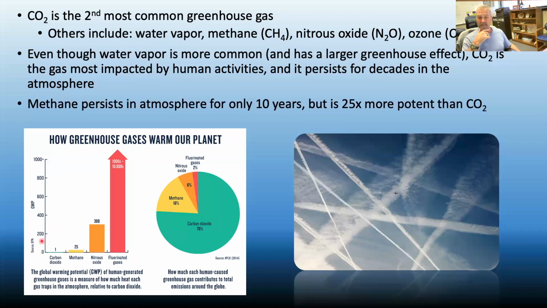Again, carbon dioxide is the one we're most concerned about currently because it's the one that we have the most direct impact on, primarily through the use of fossil fuels. We're taking carbon out of the soils, combusting it, and then the combusted waste products are released into the atmosphere, and that's where they can act as greenhouse gases and cause that radiative forcing. Okay, and you can see that here. Carbon dioxide, in terms of our impact, is more than 3/4 of our total impact, much more so than things like methane or these fluorinated gases, chlorofluorocarbons.